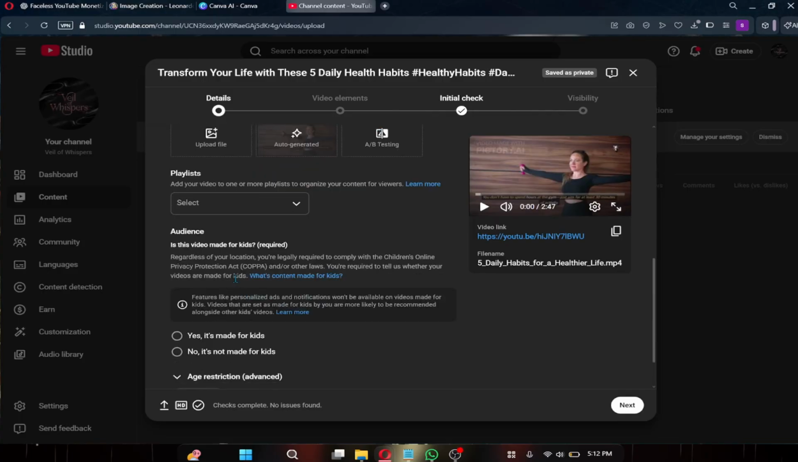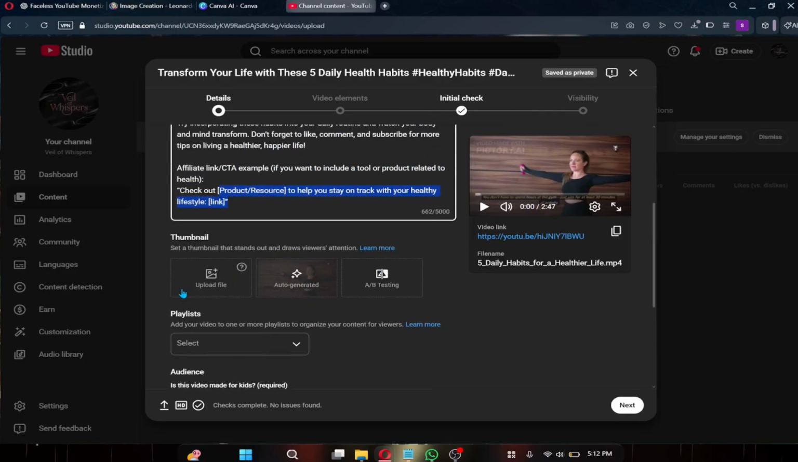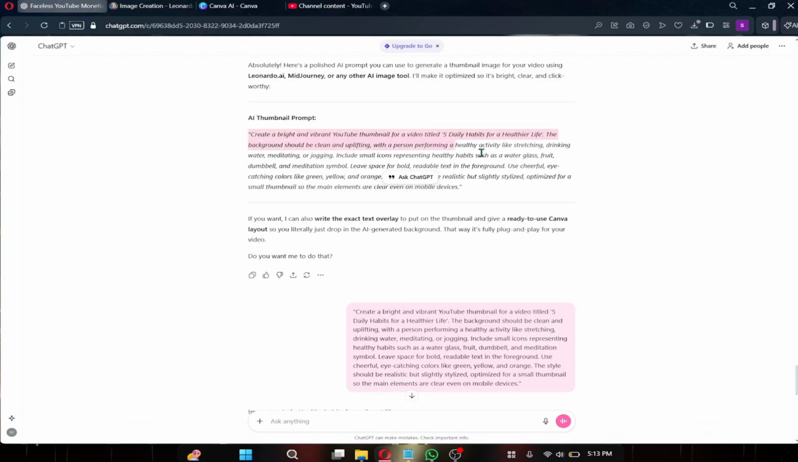Next is the thumbnail, which is just as important as the title. Your thumbnail should be bold, simple, and readable on a small phone screen. When creating your thumbnail, you don't need to be a designer to make something that stands out. You can write a simple prompt describing the thumbnail you want, and then use AI tools to generate it. For example, you could ask ChatGPT, create a bright and vibrant YouTube thumbnail for a video titled 5 Daily Habits